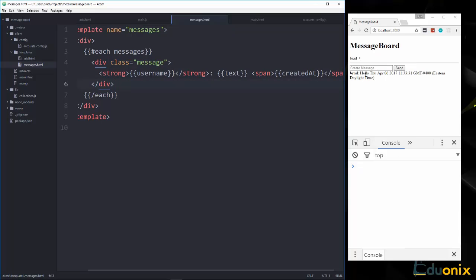and there's our message. So if we put another one in here, let's just say hi there and send, it automatically shows up. Okay, no page refresh or anything needed. Now I don't like how the date looks. It's way too long. It even says this Eastern Daylight Time. So I want to format this, and there's actually a really nice JavaScript package called Moment, or Moment.js, that we